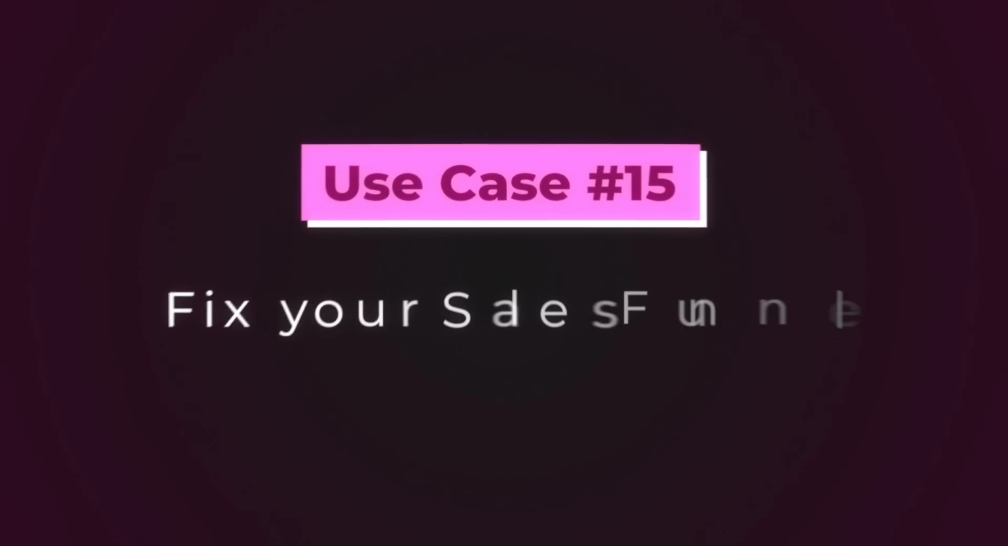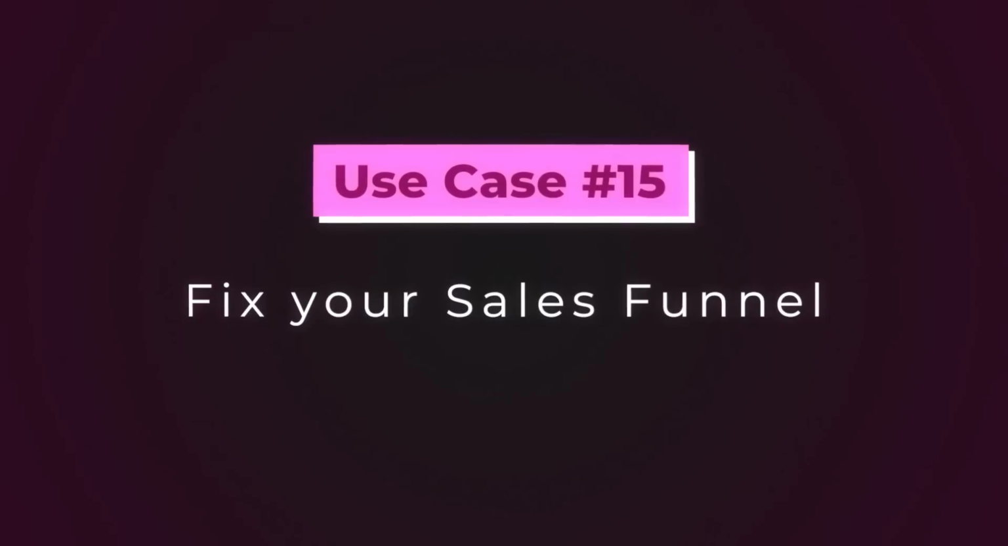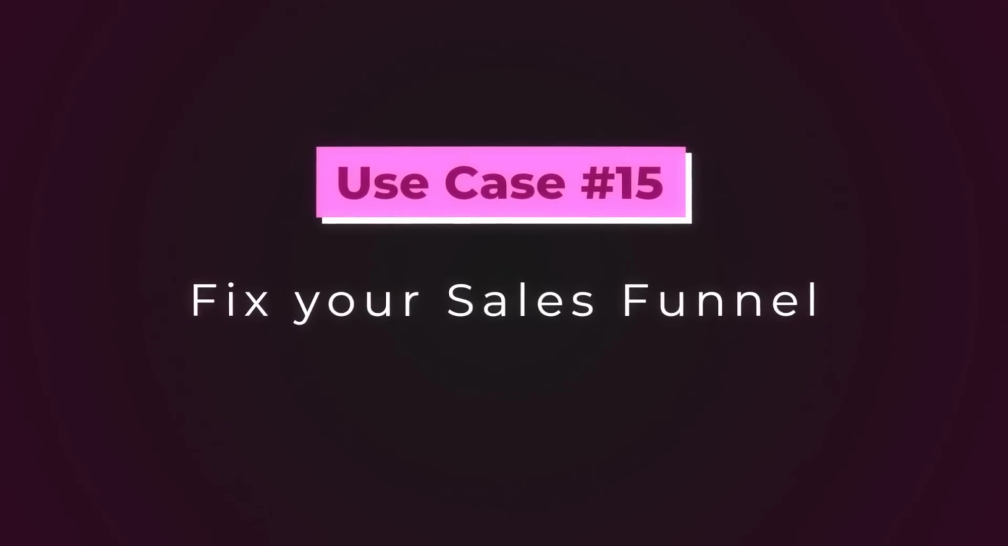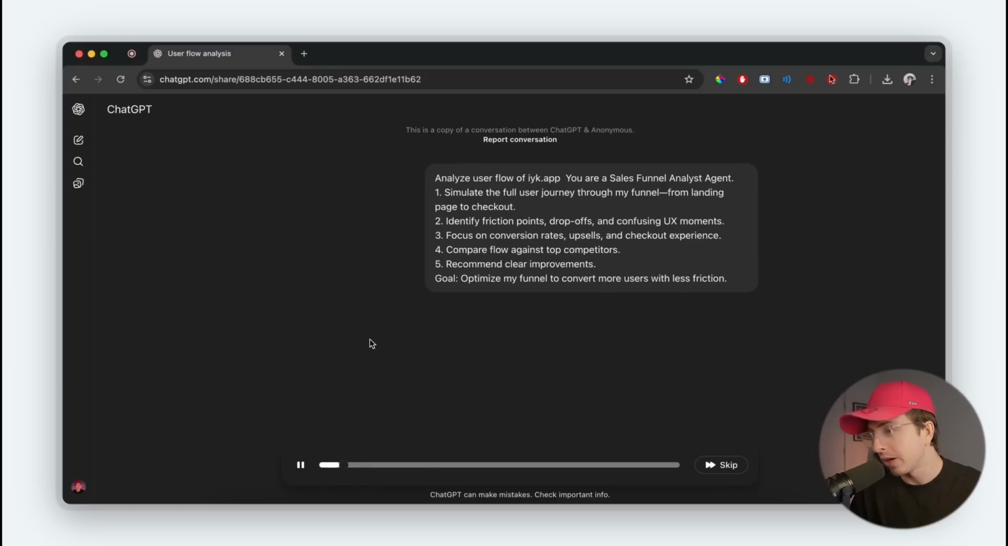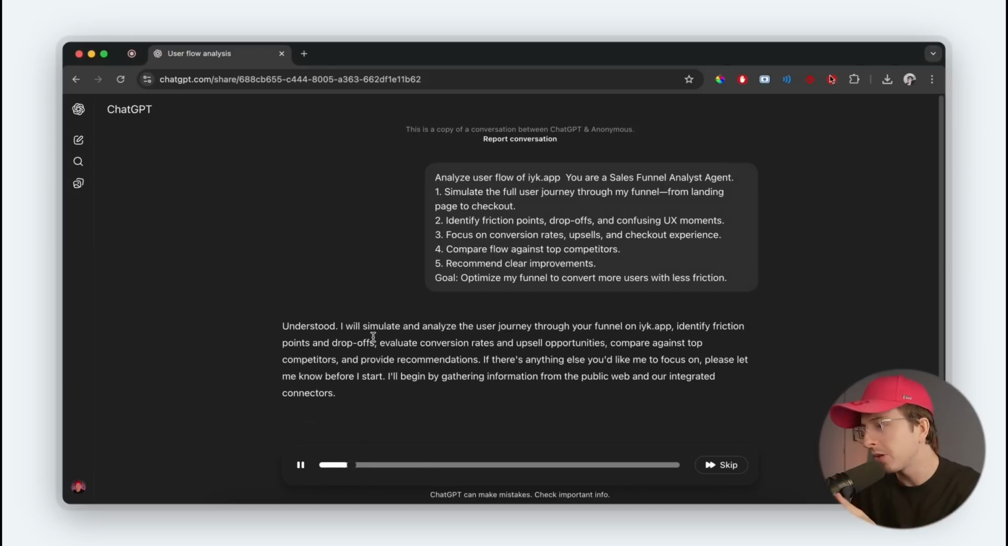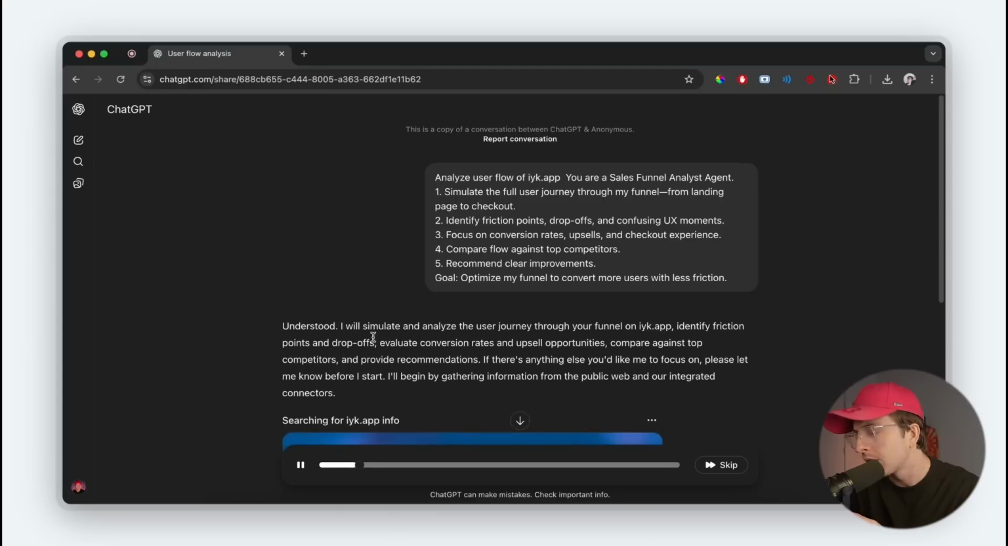Use case number 15: ChatGPT Agent can be the difference between making money and losing thousands of dollars. And this is specific to fixing your sales funnel. Have ChatGPT Agent run through your sales funnel and analyze the whole process to identify problems in the workflow and suggest adjustments. You can also feed it things to focus on. And here you can see my prompt. So simulate the full user journey, identify friction points, focus on conversion rates, compare flow against competitors, and recommend clear